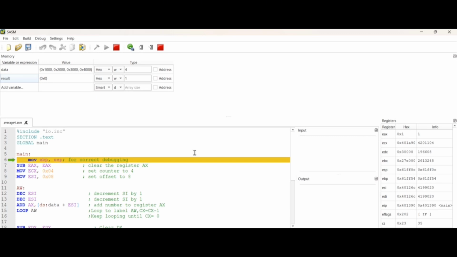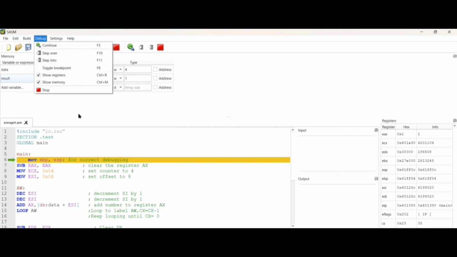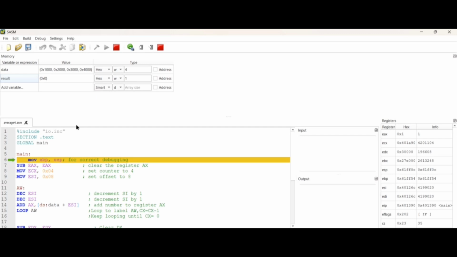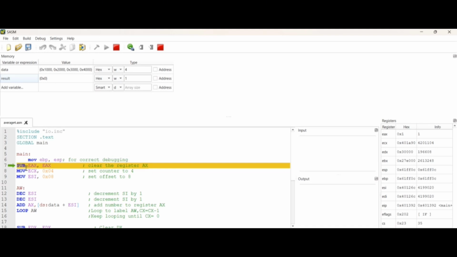Now, I'm just going to use the debug and this step over to execute the instructions. As you can see here, the green arrow is already on the first line, which indicates that it is ready to be executed. Now I'm going to click step over, and now we are on the first line of the instruction, which is sub EAX, EAX,